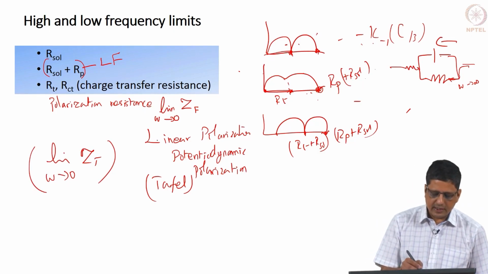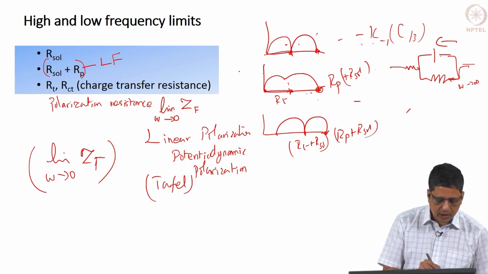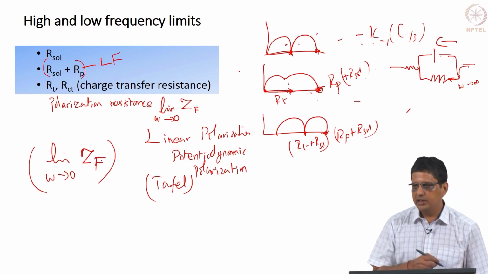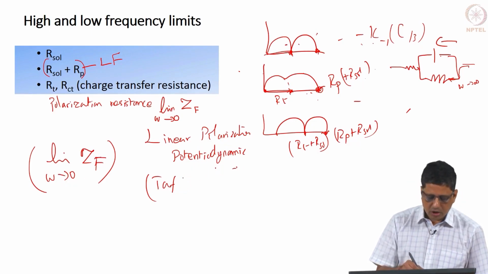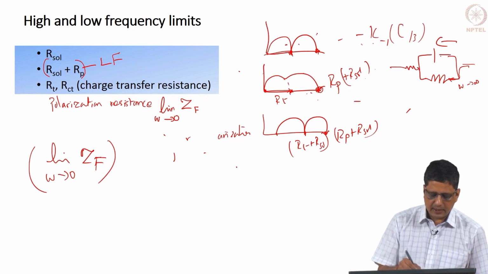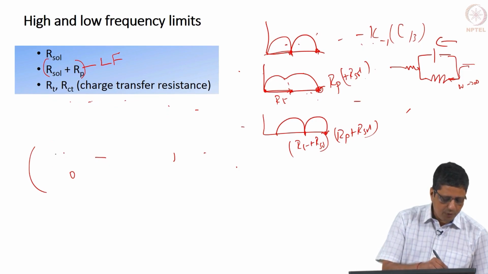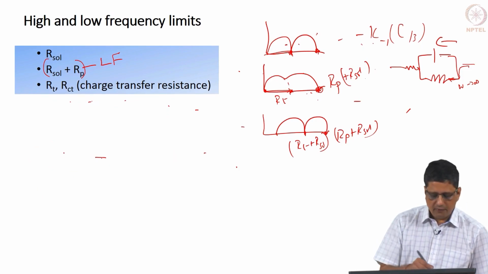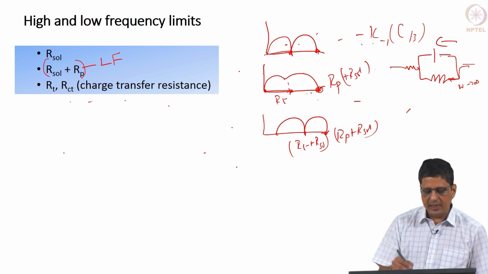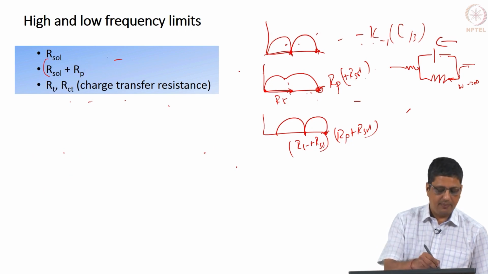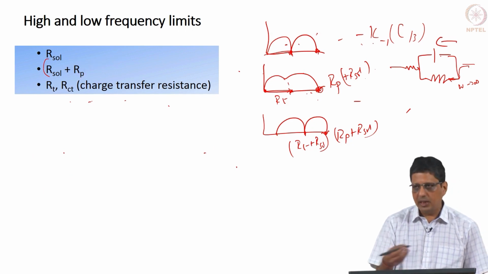If solution resistance is 0, that will become equal to the limit omega tending to 0 of ZF, and that is going to be only RP. If you want to get RT, you have to get it via impedance measurement, and you should clearly separate out polarization resistance and charge transfer resistance. In very few cases they will be the same, meaning the values will be the same, the definition is still different. It may so happen that the value is the same,